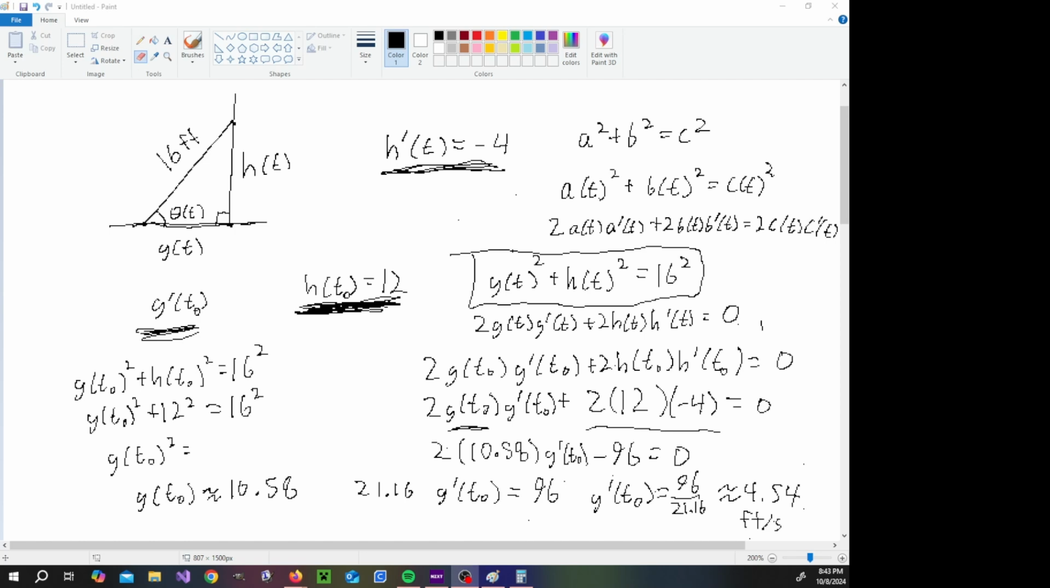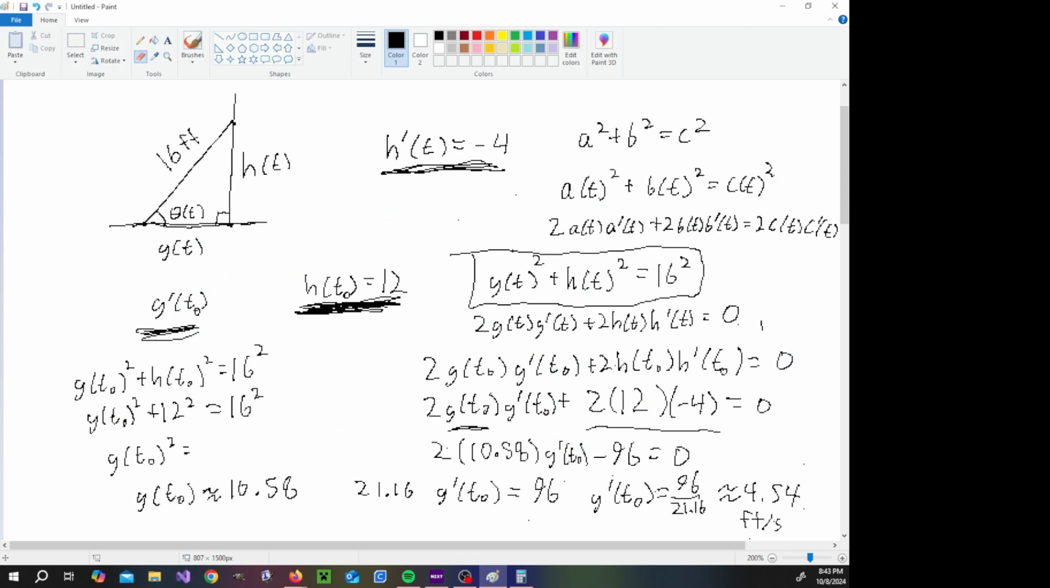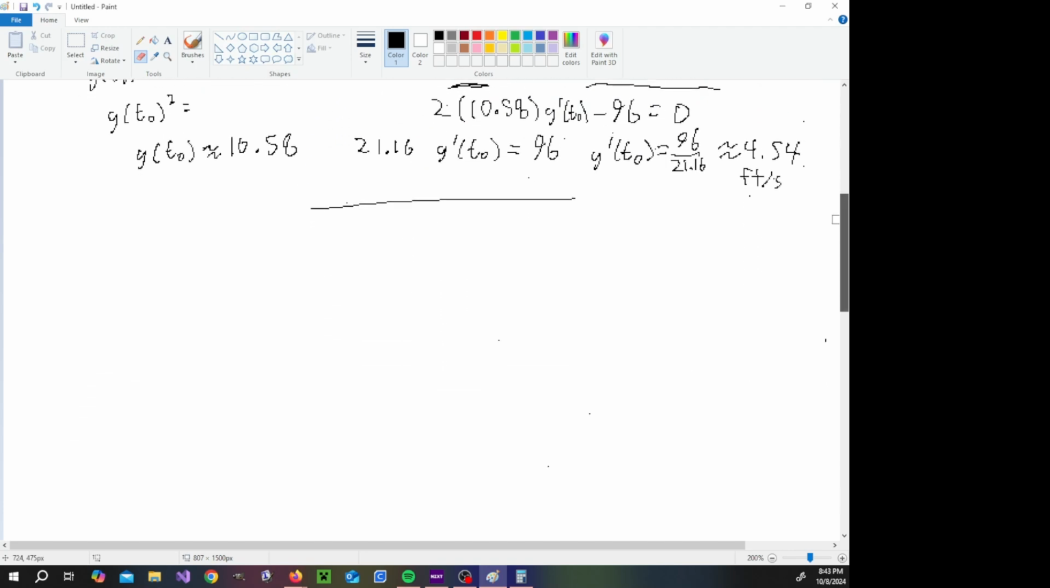So the next kind of problem that we can ask is: let theta be the acute angle formed between the ground and the ladder. How quickly is theta changing at the same moment referenced in part A, that is when the top of the ladder is 12 feet above the ground? So this is saying at that same moment, or t naught, where h of t naught is 12, it wants to know theta prime